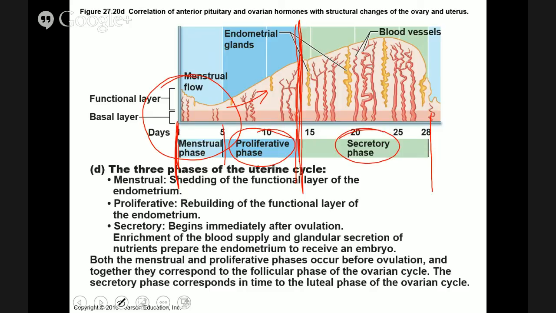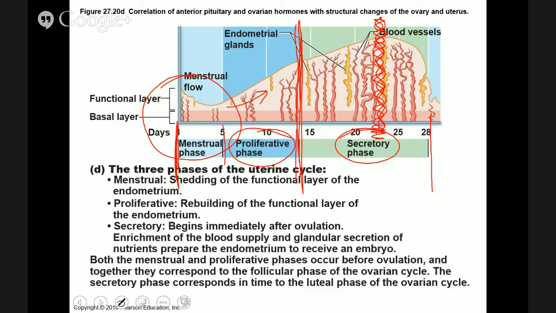This is when the timing works out well, because it takes about 5 to 7 days after fertilization for the fertilized egg to make its way to implant into the uterus. Okay, so we have about 24 hours after ovulation. So at about day 15, that's when fertilization is going to occur. So we're looking at about day 20 to 22. Well, look where we are here at 20 to 22. Bam, right in the middle of the thickest